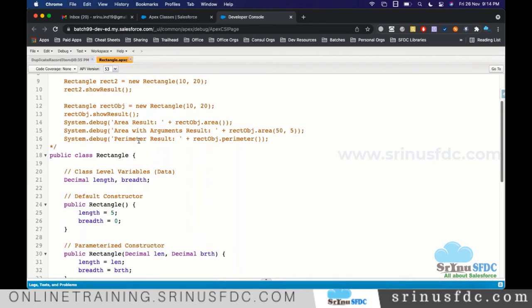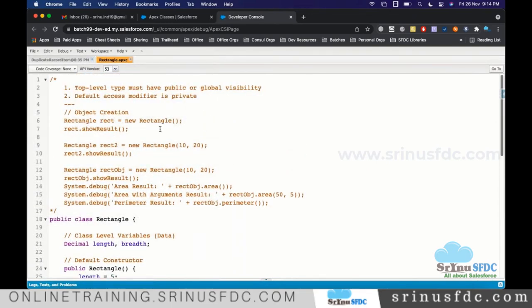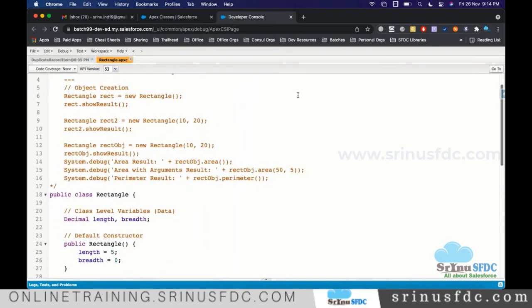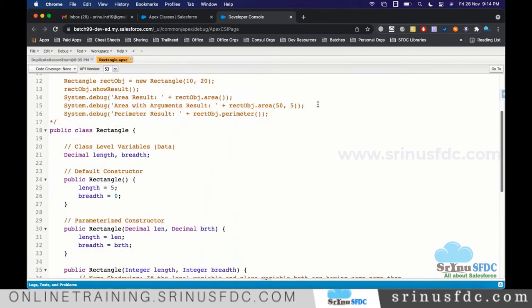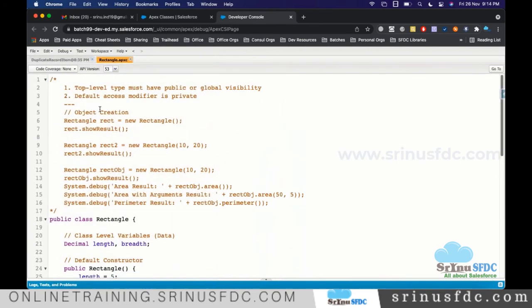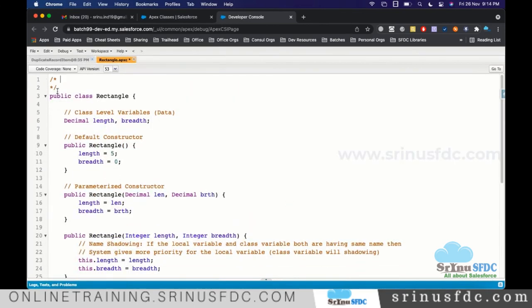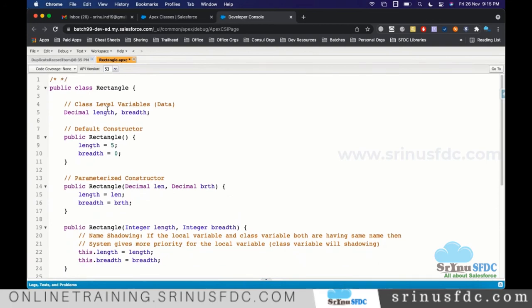But my question definitely is, I'm explaining from basics only, right? So where exactly are you feeling difficult in this program? If you can tell me. Yeah, if you just look here in the public class Rectangle, above you have just added one star and the symbol. This is a comment, right? So you should see comment. Yes, this is very simple, right? Now I'm saying you did not understand this one.